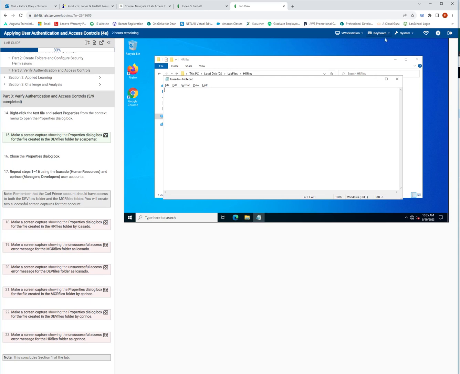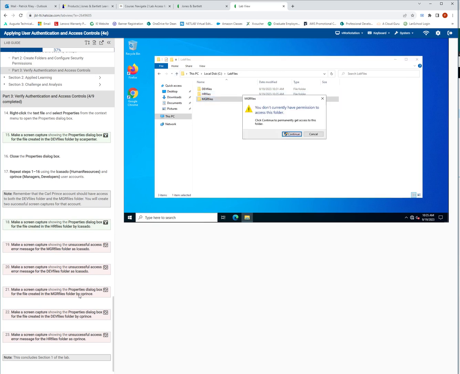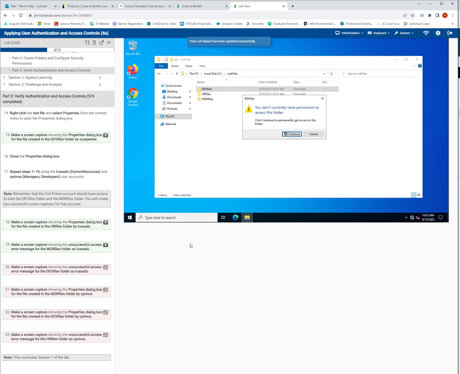So I can actually open that up, and I created it. Okay. Do a screen capture of that. Okay, the next one, make a screen capture showing the unsuccessful error message for the managers group. So go up one level, managers, do a screen capture of that, cancel, developers, showing unsuccessful access to the developers group,